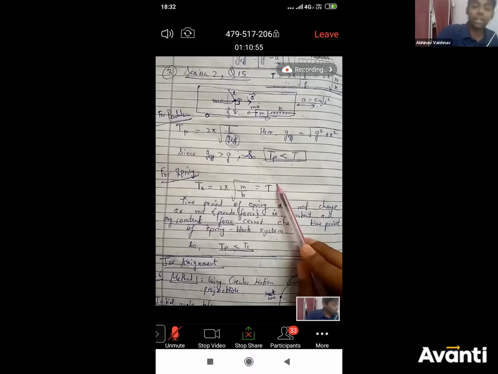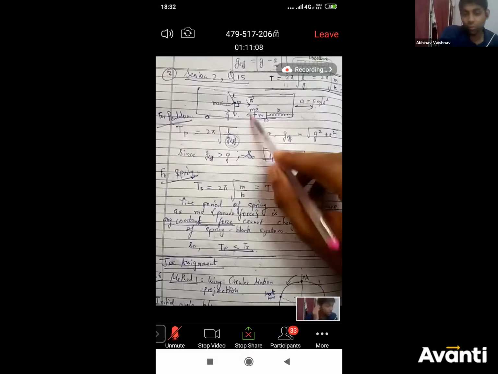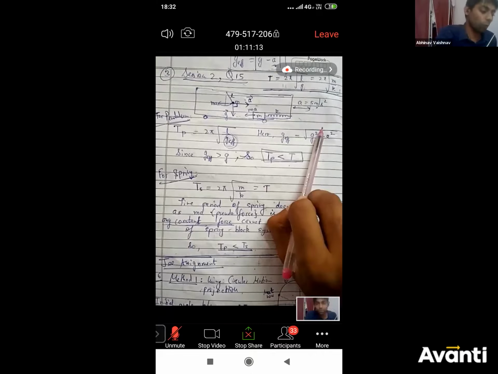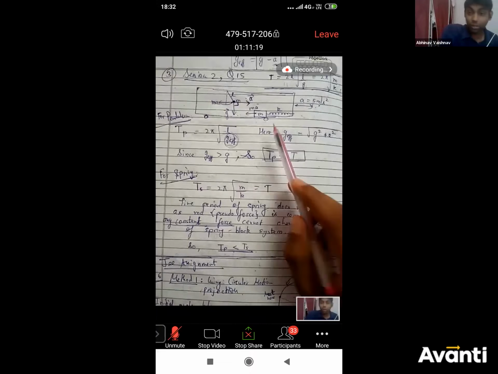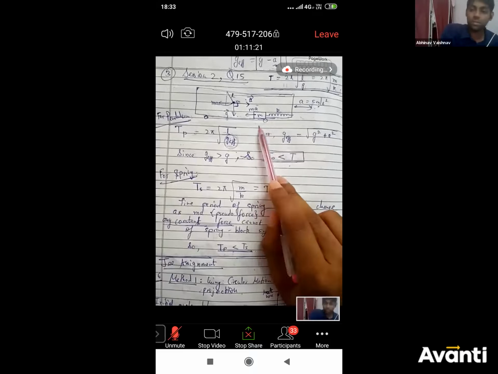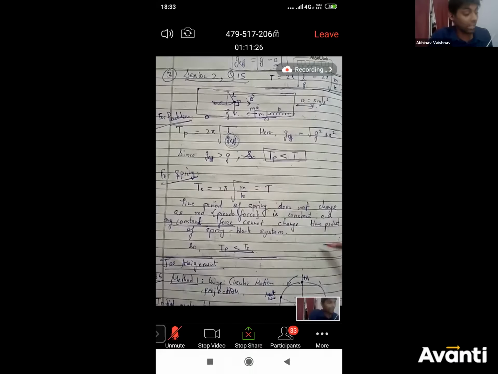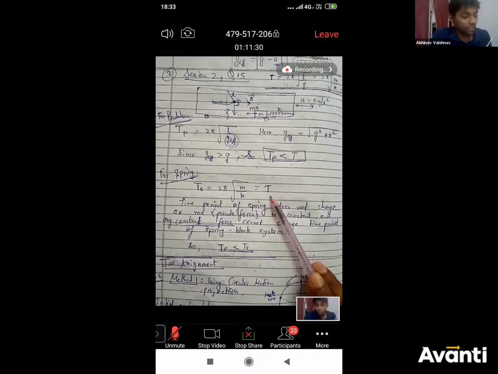If an external force is applied which is constant, then the time period of the spring mass system does not change. This concept you already know. So this pseudo force, ma, is also a constant force because the acceleration of the train is constant. Since the force is constant, it will not affect the time period. It will affect the mean position; the mean position will change and will no longer be x equals 0. But the time period will remain unaffected, it remains T. So in this case, Ts remains T.